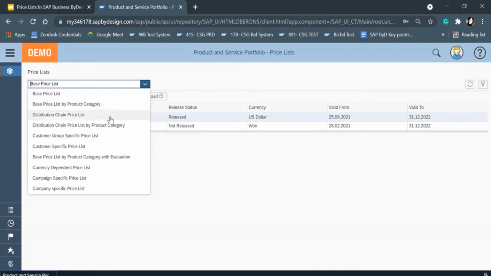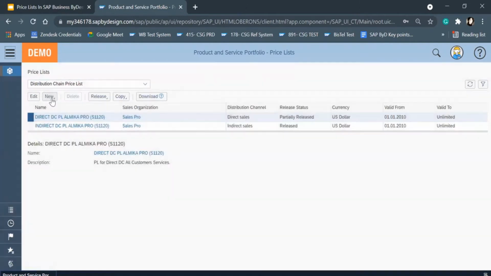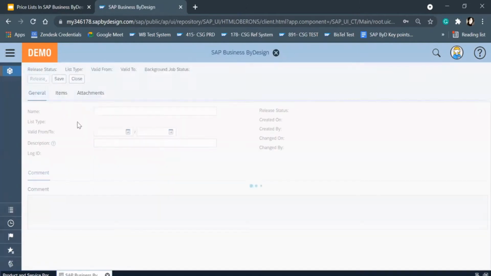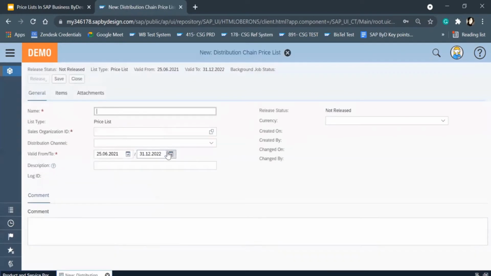Then we have the distribution chain price list. This is according to the distribution channel, like direct or indirect. If there is a sales organization which has direct sales, then it will be affecting that product.